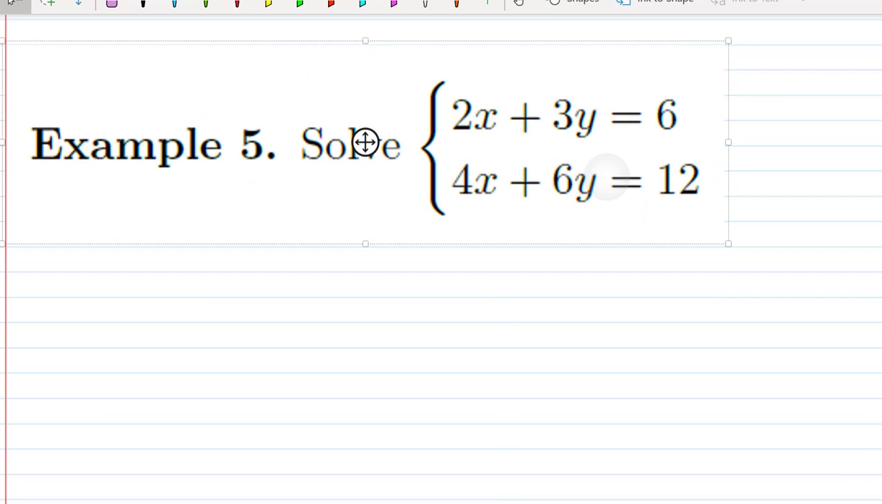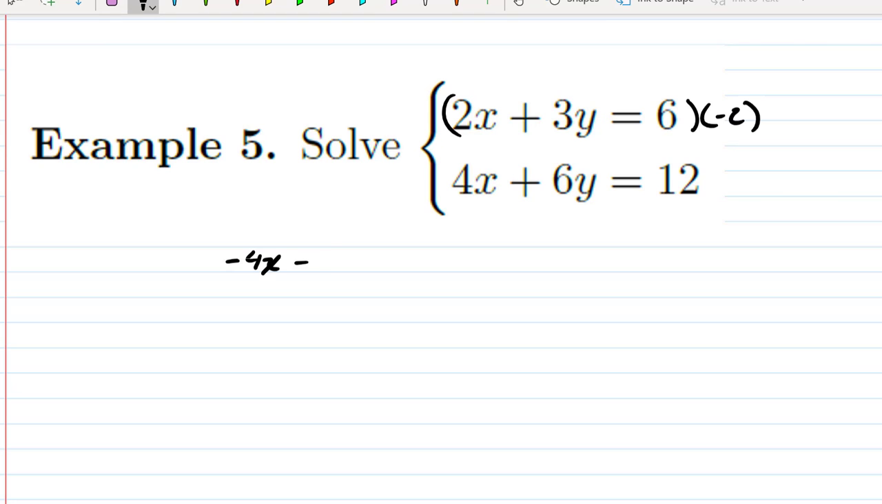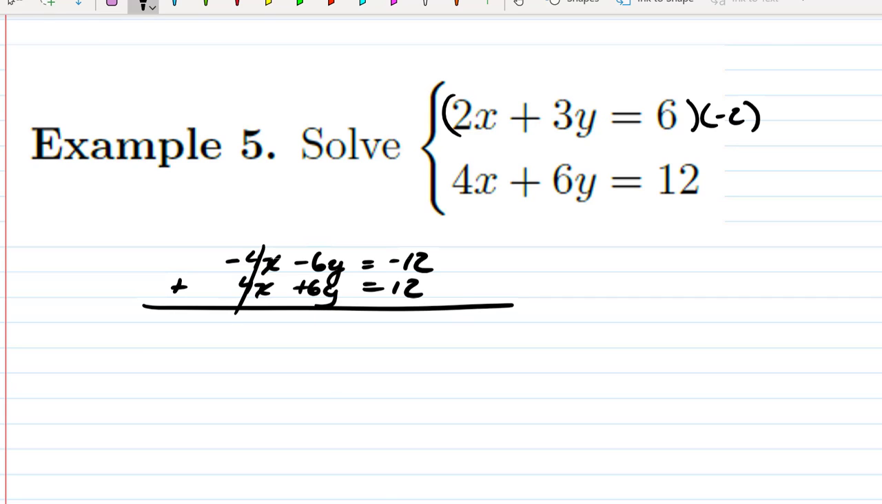So example 5, we wish to solve 2x plus 3y equals 6, 4x minus 6y equals 12. Once again, we can eliminate our x's by multiplying this equation by negative 2, which gives us negative 4x minus 6y equals negative 12. And then we have positive 4x plus 6y equals 12. And when we add our equations together,